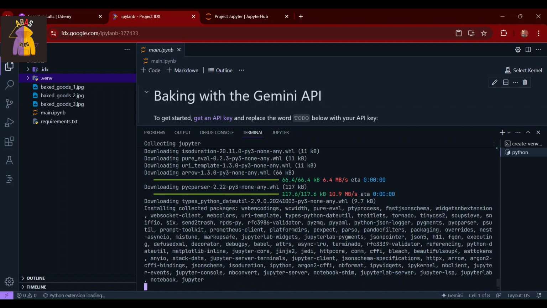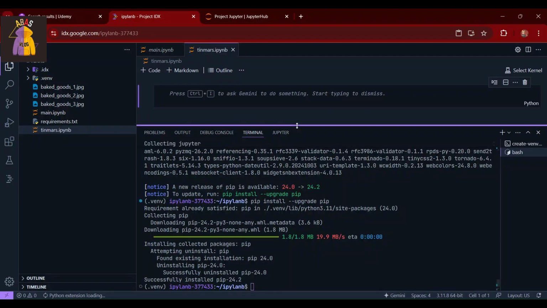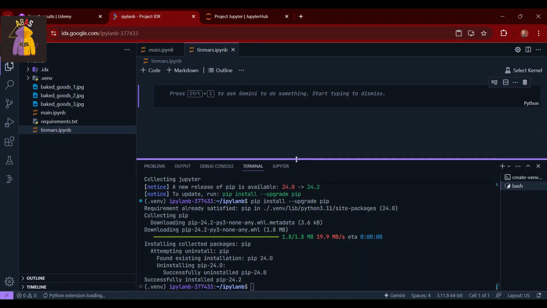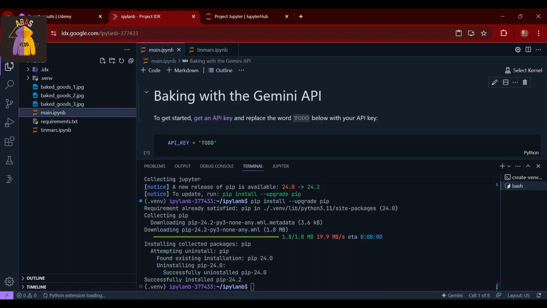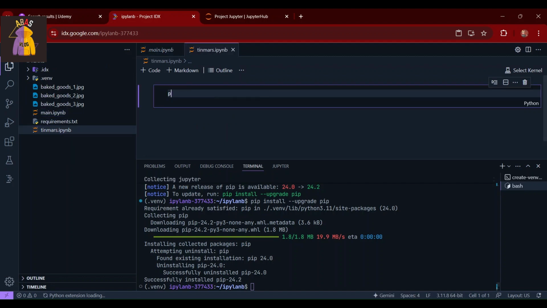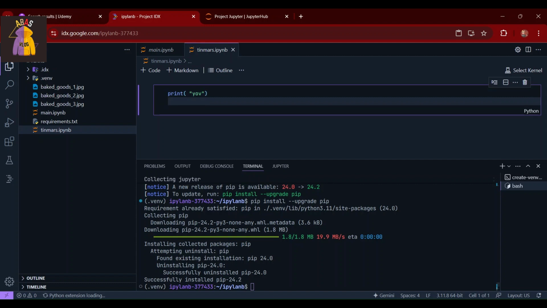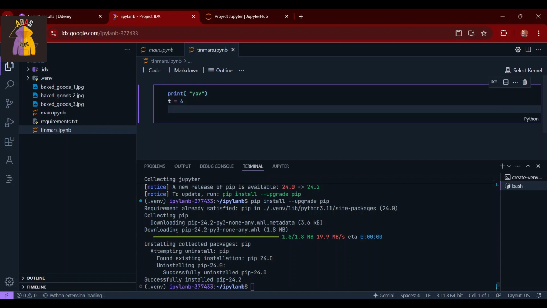you need to wait for this downloading process here. I still say this is the most complicated part of the Jupyter process that we have to run. In this, you need to create a new file. This file won't be available because we need to add this API key in the main Python file that already exists. So we created this new file, in which I may mention T is equal to 5, 6. Okay, so I will print this T, like this.